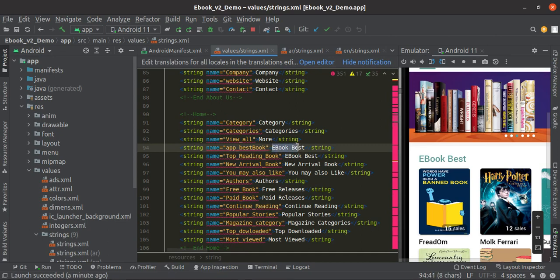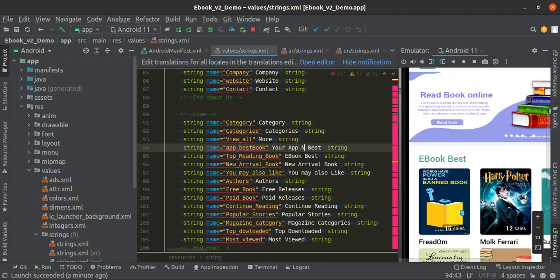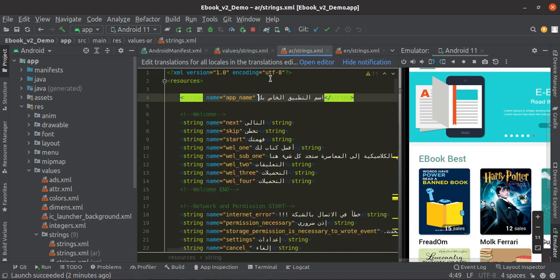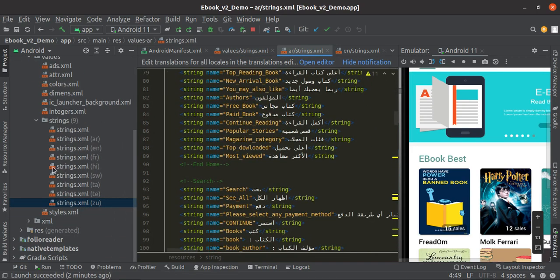This is the string we had set over here. So just change this ebook to your app name, or you can change it as per your will. You have to change these in the remaining string files, all string files.